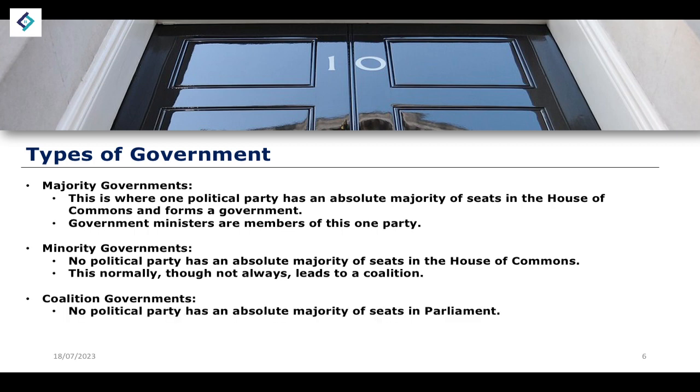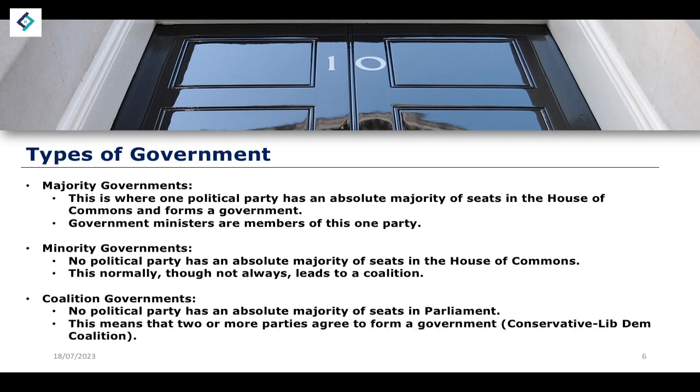So a coalition government is where there is no political party that has an absolute majority of seats in parliament. And in reaction to this, two or more parties will agree to form a government together and to work together as a single government. This takes place at quite a consistent rate in systems of elections with proportional representation. In the United Kingdom, for general elections, we use first past the post, which of course is not proportional, and so it is less likely to spit out a hung parliament, despite the fact that we've had two in the last